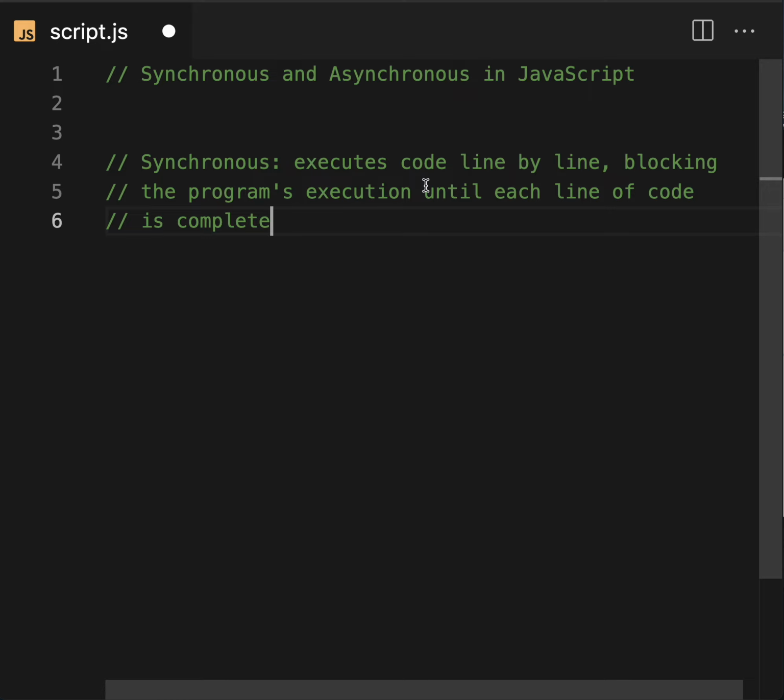That means blocking the program's execution until each line of code is complete.